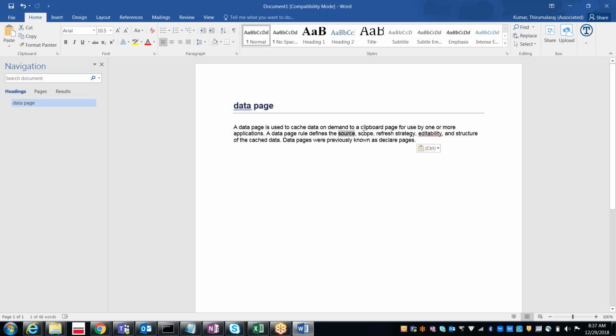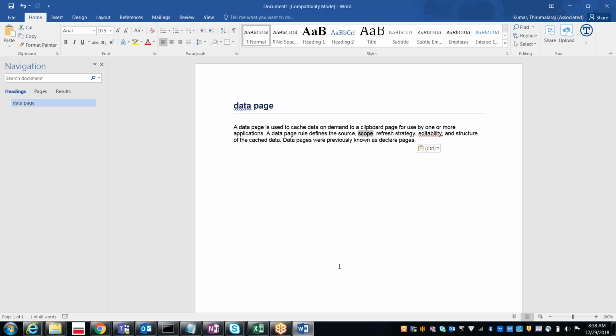And then it is going to define the scope. What do you mean by scope? Scope means, as I said yesterday, whether you want to access this information by a particular work object, or by a particular operator, or by every operator who is accessing the website. So that is the scope. At what level do you want to give the access?